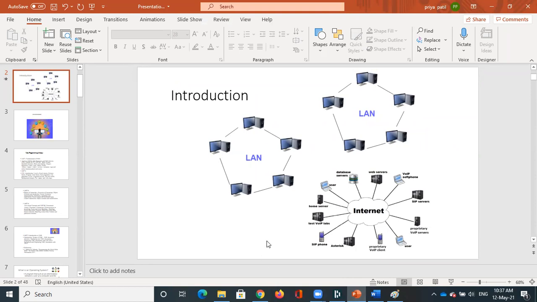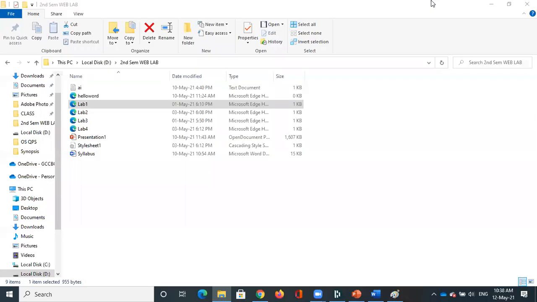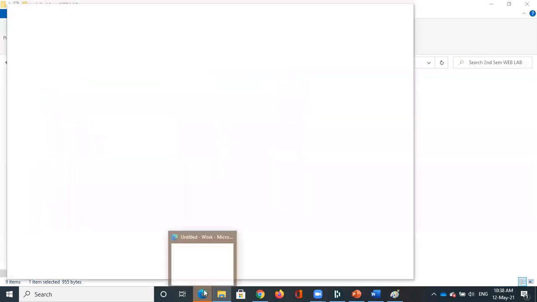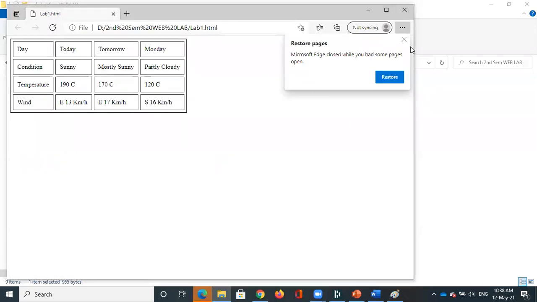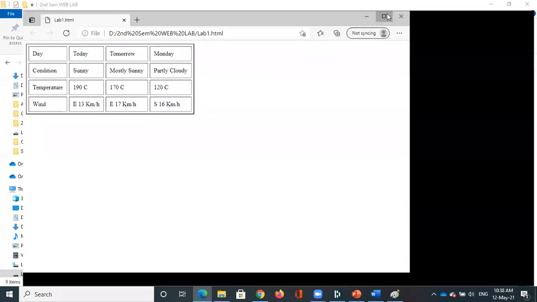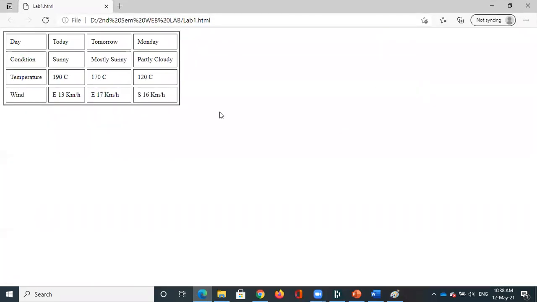I will show you a simple program that we have written. This is my browser, and I have written a simple program that displays the date and time, the condition, temperature, and so on in a tabular form.